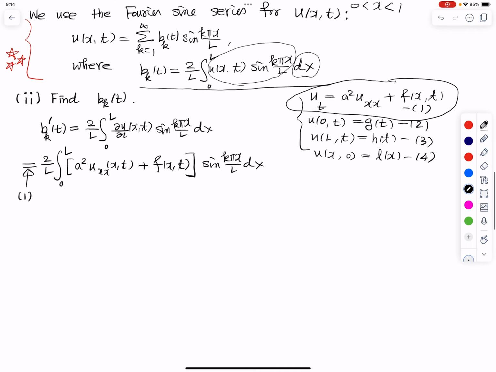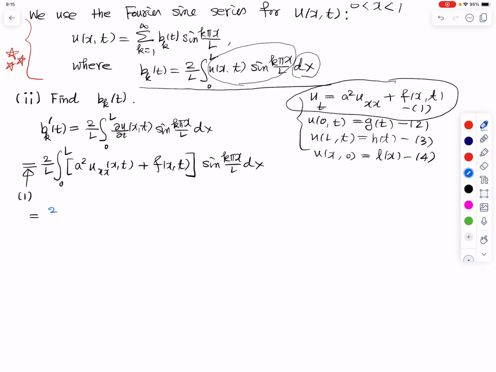Okay, I just replace the partial derivative of u with respect to t by a squared u_xx plus f(x,t). And then let me split into two pieces, and I also take a outside. So the first term becomes